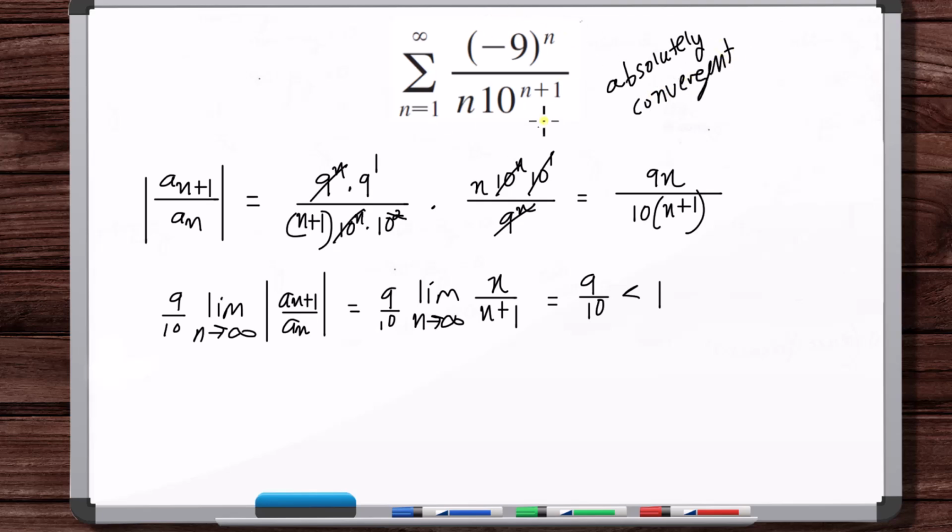That means the series of the absolute value of this is convergent. But if that's the case, then that means the series is also convergent. There's never going to be a case where the series of the absolute value of a sub n is convergent,